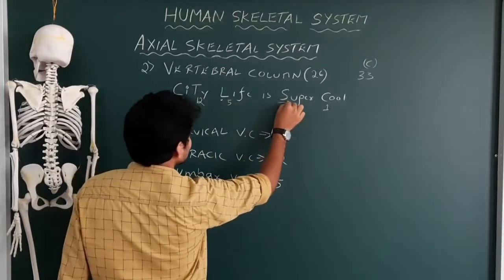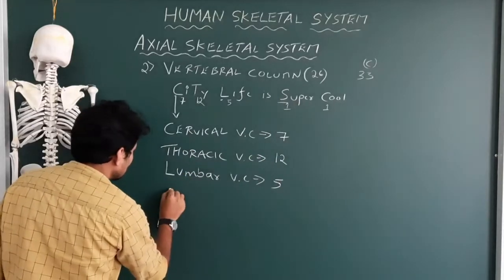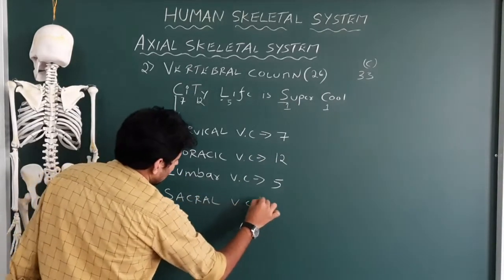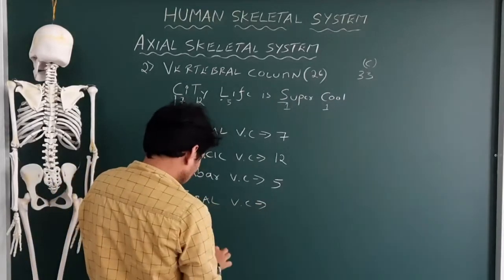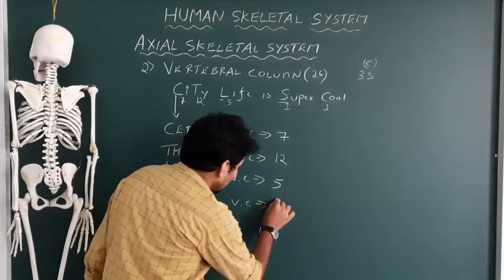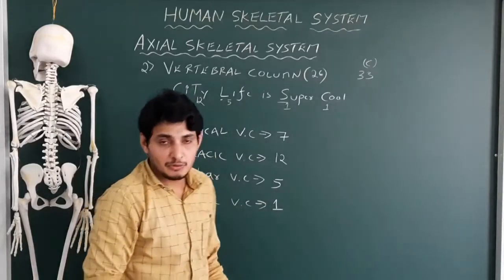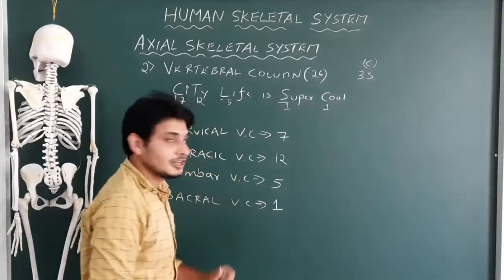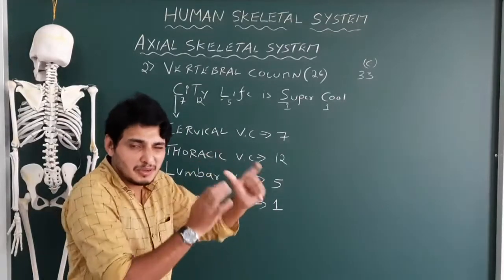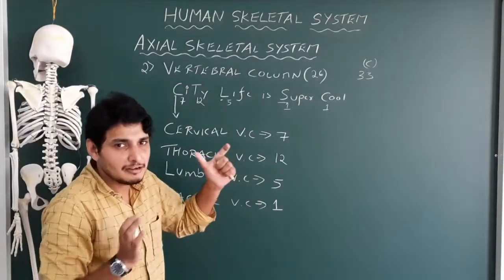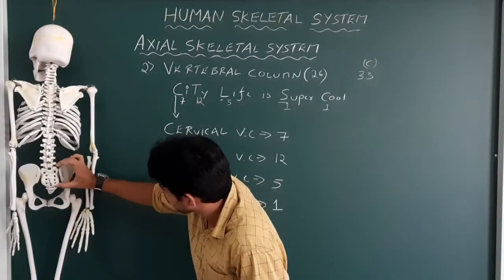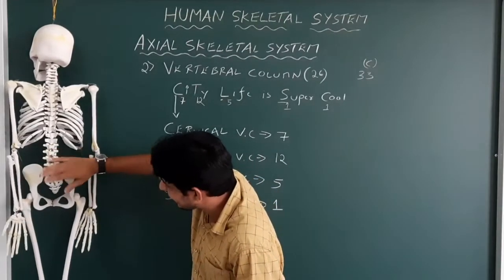I'll take up S. So S is nothing but sacral bones. Okay, I use yellow color. Sacral vertebral column. Okay, how many are there? In adults, only 1. But actually there are 5. When you were a child, you had 5 sacral bones, but now you are getting into adolescence and obviously they are fused now. Got it? They are fused. And you could see, this is like fused. Got it? You could see a bit of a flat structure.